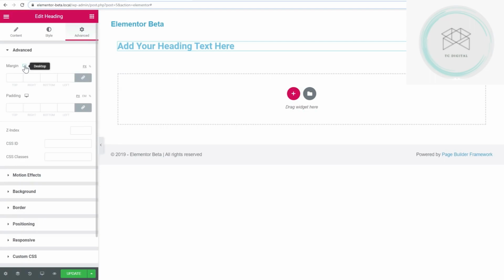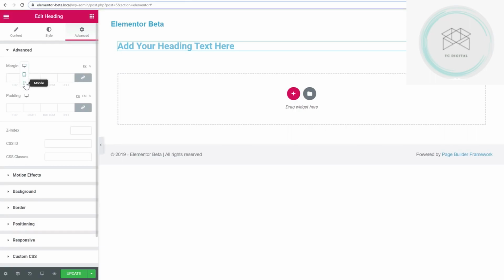So I can go ahead and I can go like this. And now when I click on it, I see an icon, and it's this vertical list of devices. And when you read why they're doing this, it's so that in a future update they can allow you to have custom breakpoints. And what a breakpoint is, depending on the size of the display that someone's on your website, as it hits certain widths, that's called a breakpoint, then the elements on your page start to shift a little bit,